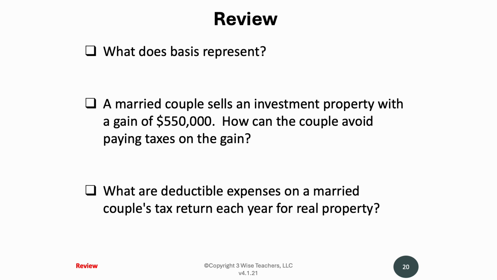Question number 2. A married couple sells an investment property with a gain of $550,000. How can the couple avoid paying taxes on their gain? Well, the first time I read this question, I got in too big a hurry, and I missed the obvious important comment here: married couple sells an investment property. When I saw the $550,000 gain, I'm like, crap, they're over their $500,000 exemption, so they're going to have to pay taxes on $50,000. But when I went back and read it, I said, oh, this is an investment property. If they don't want to pay any taxes on the gain right now, they need to do a 1031 tax-deferred exchange and roll this profit over into another property, in which case the taxes would be deferred